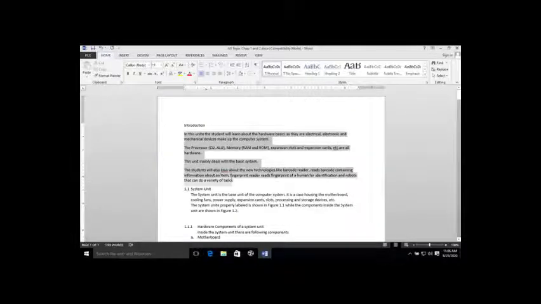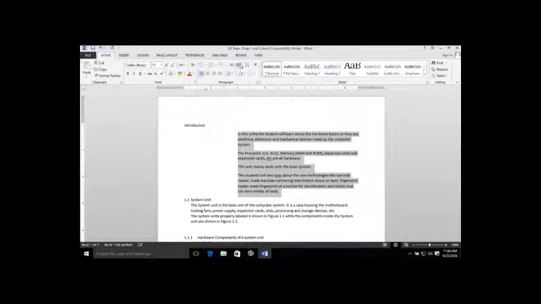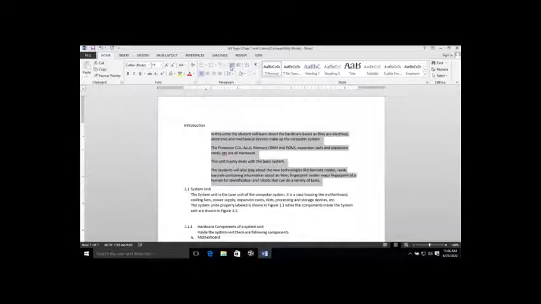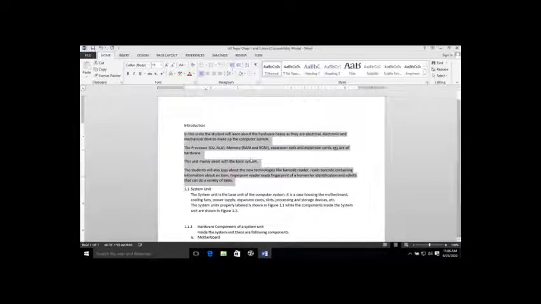Further, we can also increase or decrease the indent of the whole paragraph. Just select the paragraph and increase or decrease the indent. So this is how you can do it. So indentation is basically used for increasing or decreasing the indent of a single paragraph.